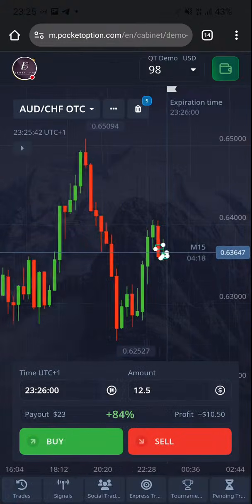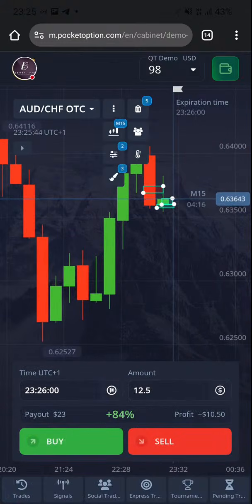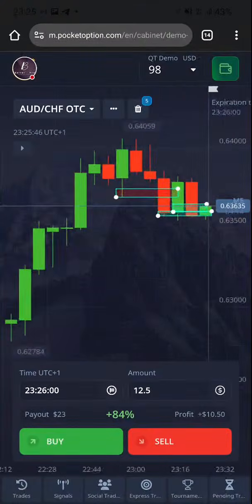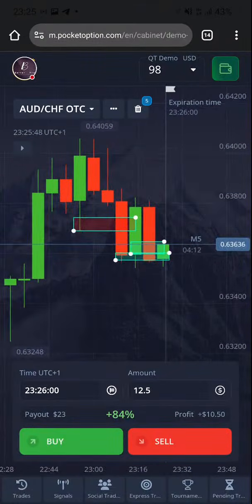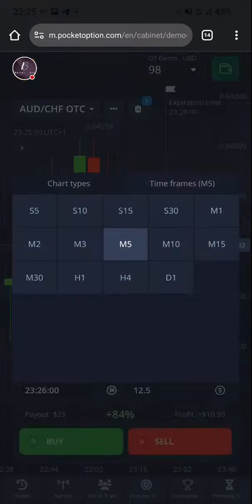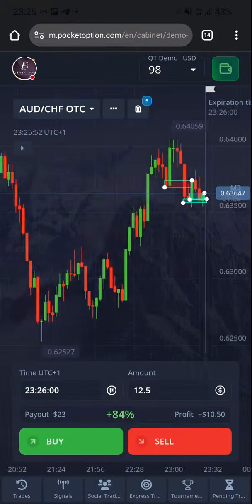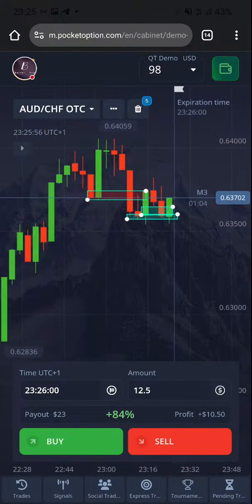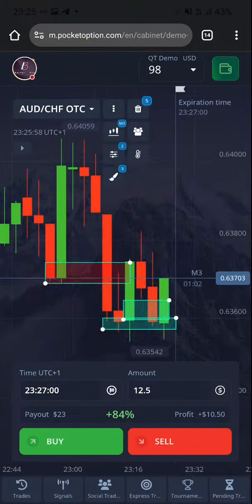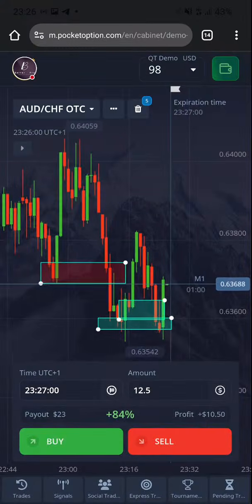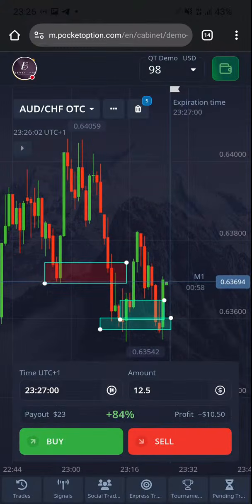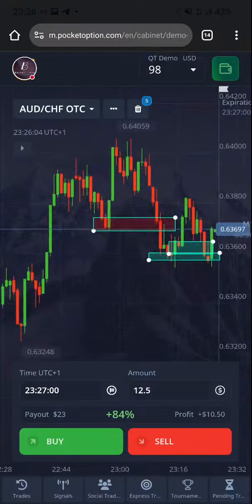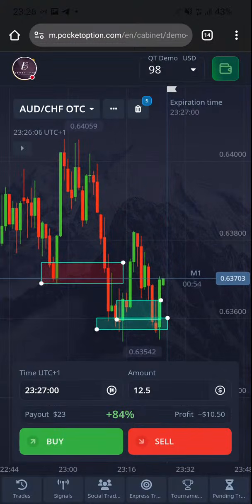So from M15 you read M5. You get a sense for where the market is going. Then you come to M3, and you try to confirm some of those things that you've seen from M15 and M5. Then you come back to M1, and you begin to build your decision map about the market, based on the market's direction.